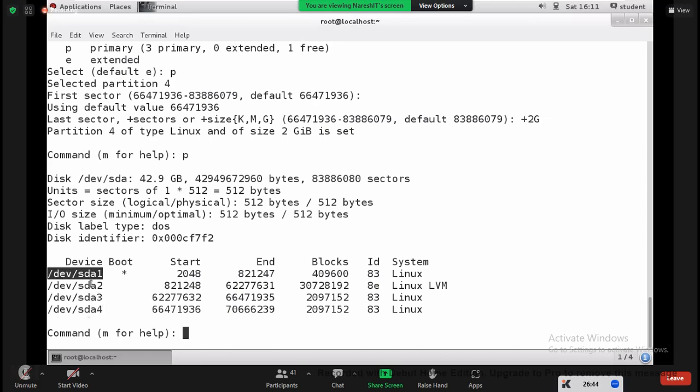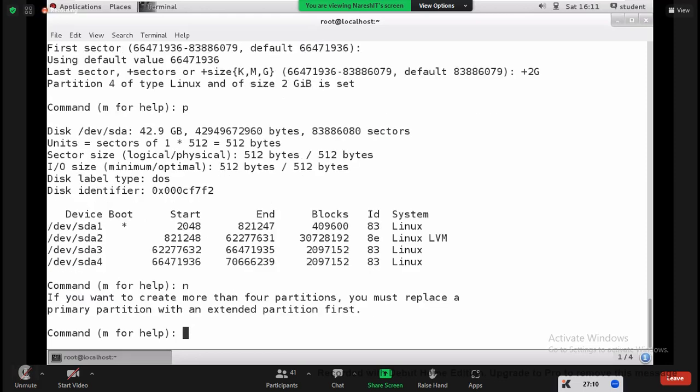SDA1 and 2, they belong to the operating system. So before, we created SDA3 and SDA4. Those both are our personal partitions, standard partitions. Clear, guys? Right. So 4 partitions we have, and all 4 are primary partitions. If you have 4 primary partitions, even if you have the space, we have 6 GB space approximately. So let's try to create one more partition. What will happen? See,